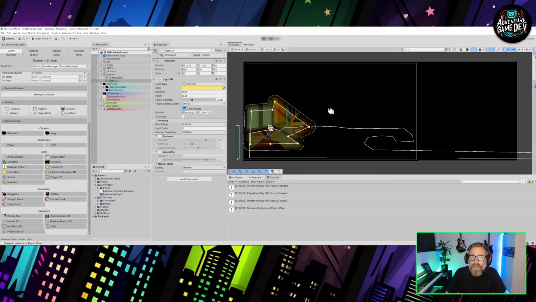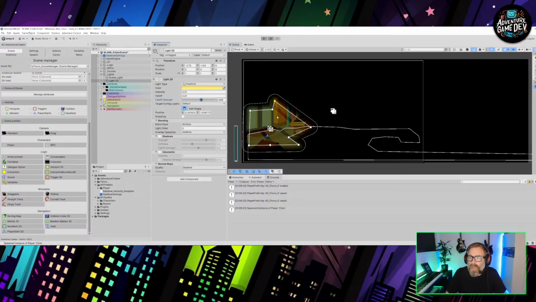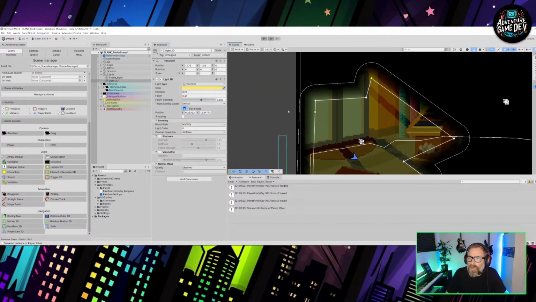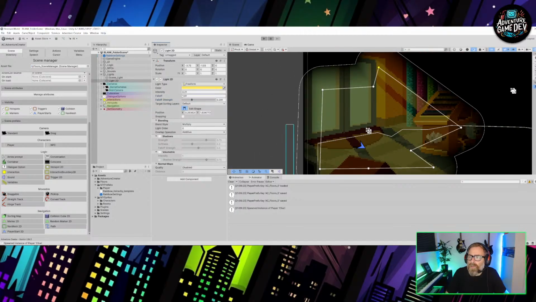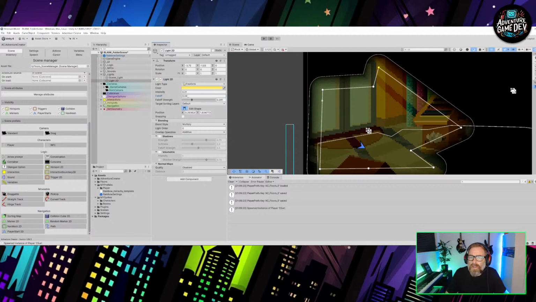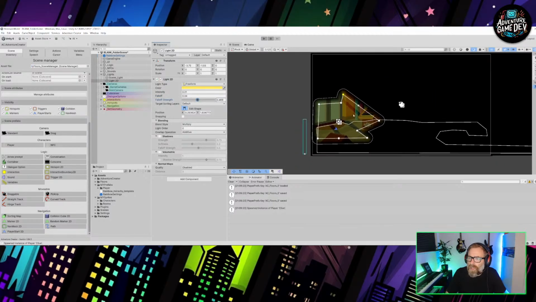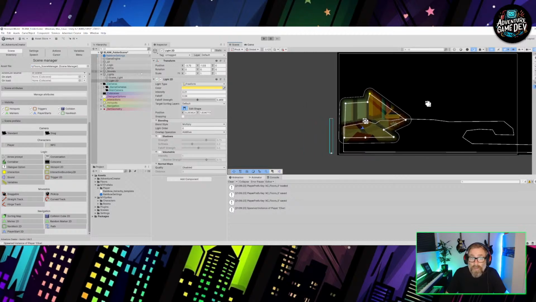I've set like a fall off strength, so you can see the fall off shows how much that fades around the outside. I hope you can see that on the stream there. I'll just zoom in a bit. So the fall off affects the strength and the distance. So you can really dial in quite soft, subtle lights to add some dynamic lighting really to